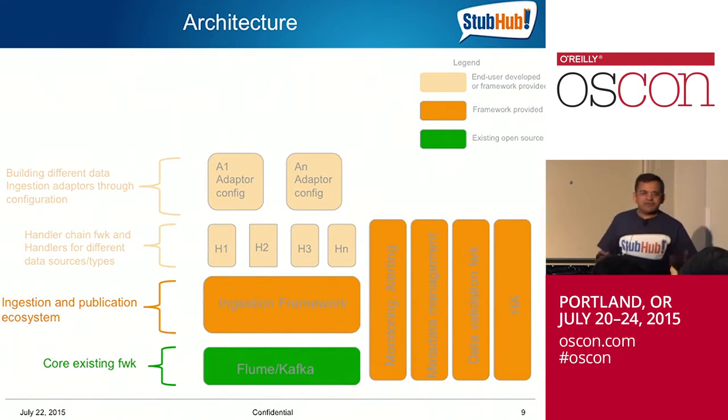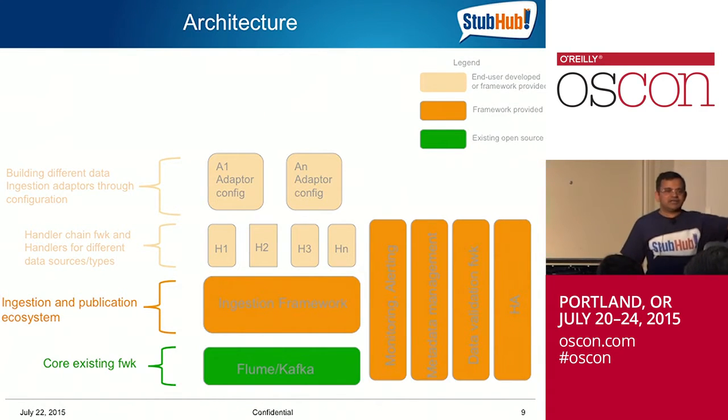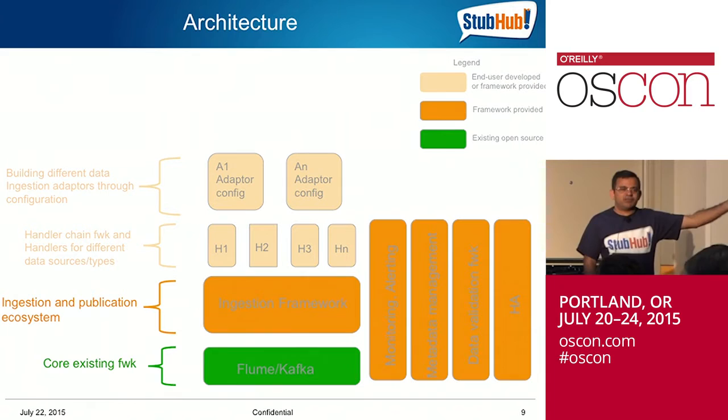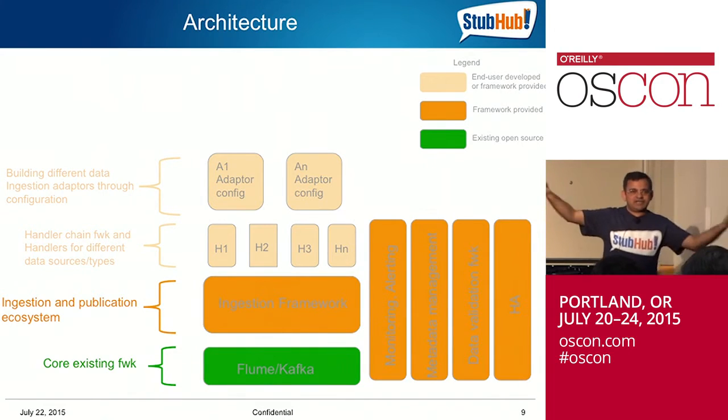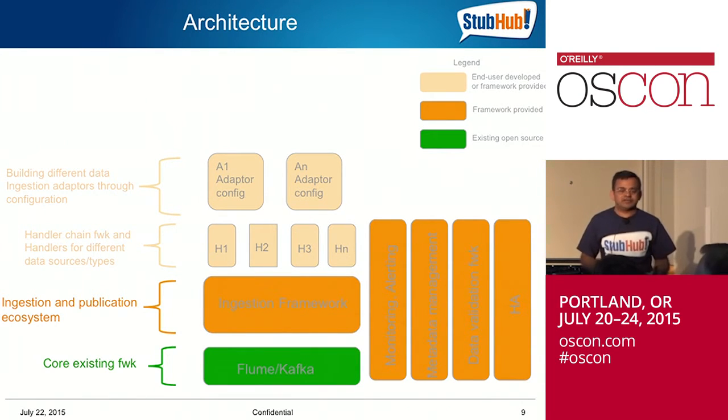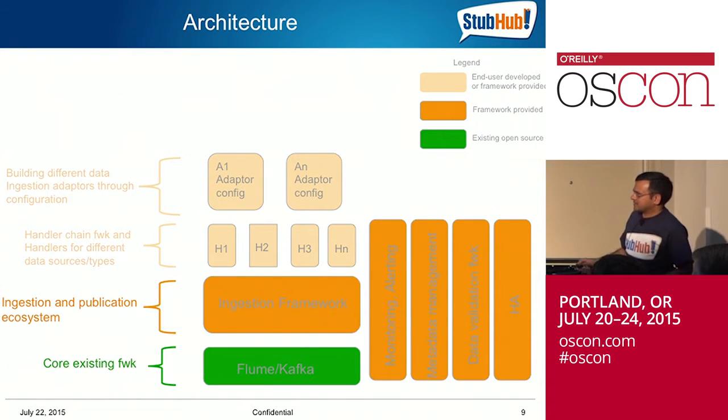How do I configure and create, through configuration, to say, look, here is my source that is coming in from web or WebHDFS or a JDBC SQL store or a JSON MongoDB store. You pick your source where the data is coming from. How do I configure that source and define all these characteristics in terms of what I want to be monitored, what I want to be alerted on.